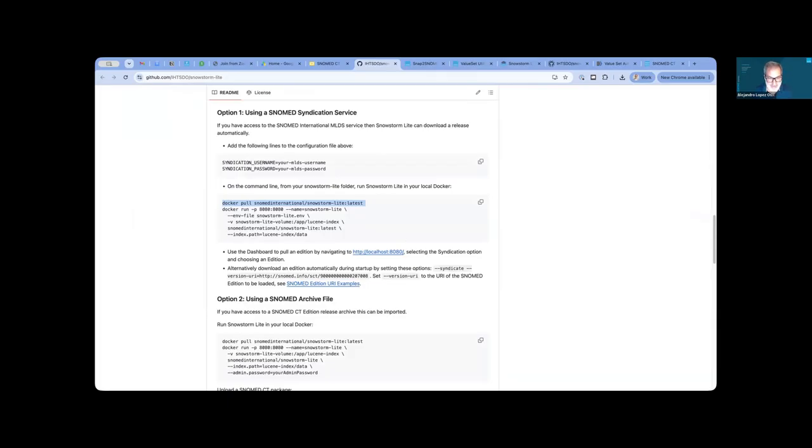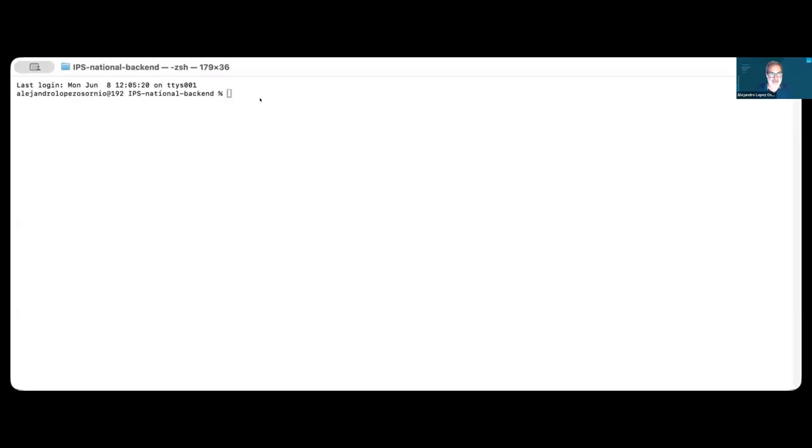So let me open a terminal. File, new tab there, and I will close the other tab. There, I have a clean terminal to share with you. So what I did was to open this on my Mac machine. This computer has Docker installed. That's the only thing it has.